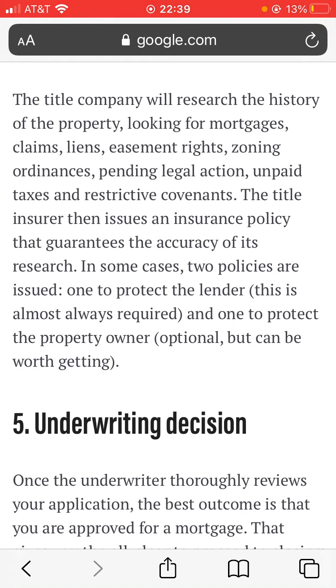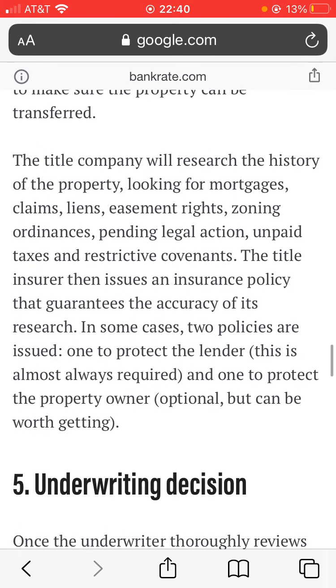In some cases, 2 policies are issued: one to protect the lender, that is almost always required, and one to protect the property owner, optional but can be worth getting. Another thing too on title, or in some states escrow, you definitely want to have yourself covered with the optional. To me, it's not optional. It's a must, because you definitely